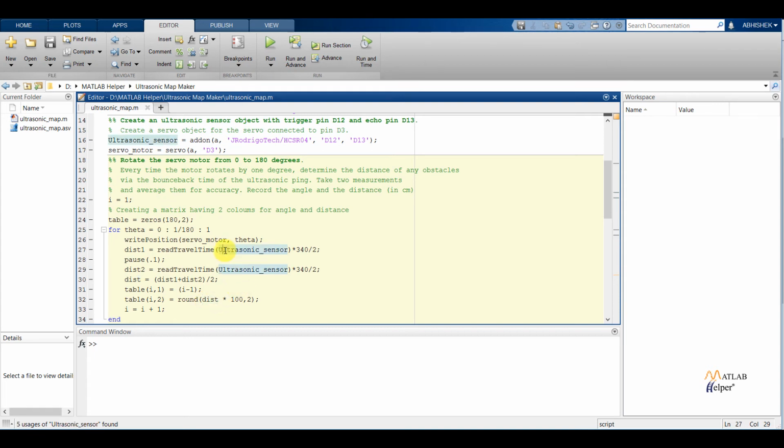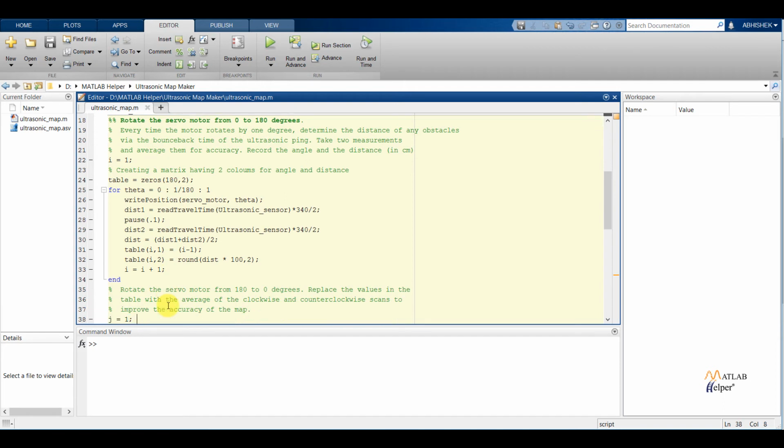and this is given in meter, as the speed of sound we are taking in meter per second, that is 340 meter per second. So in order to convert the meter to centimeter, I am multiplying with 800 and rounding off to two decimal places. So this way we are storing the data, and then I am incrementing the loop. So this way, for every degree from 0 to 180 degree, we will get the distance